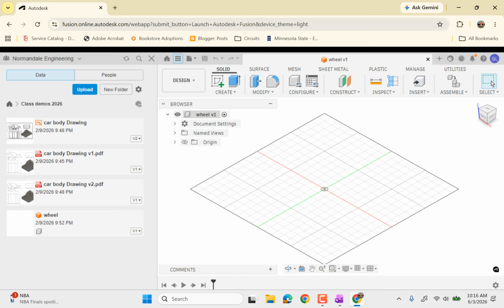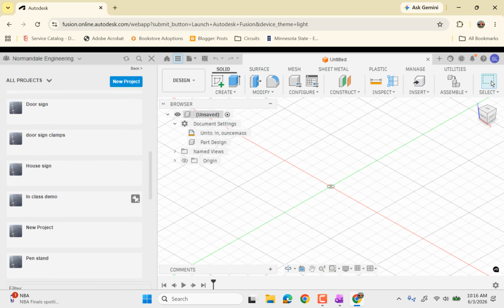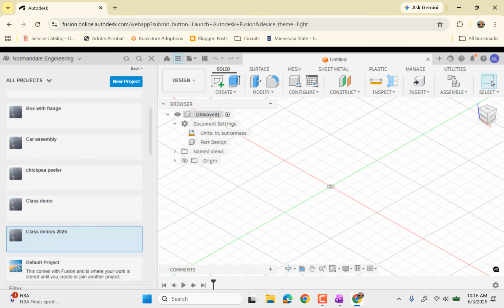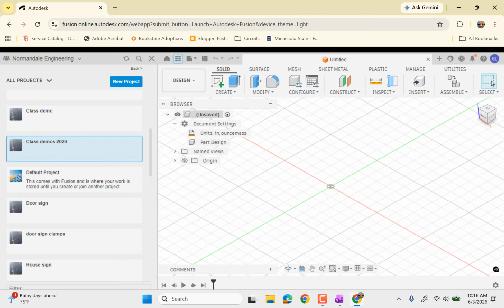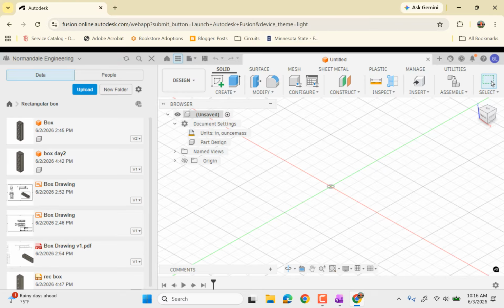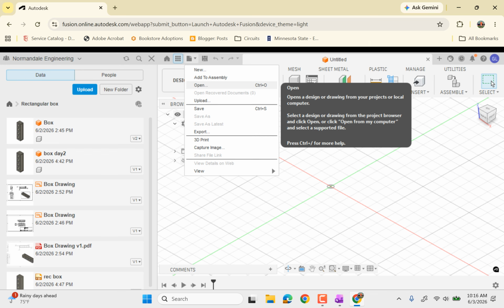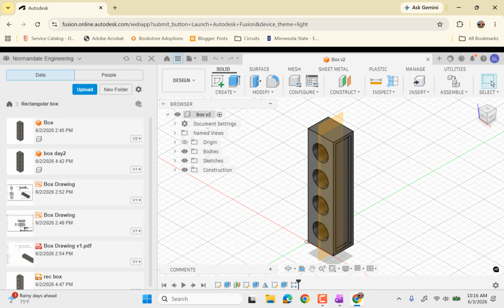I don't know. I'm having bad luck with parts. Let me find a more recent one. Let me go to the one we did for the last example. So this time I'll open Box. And there it is. So now I have this part, and it's in the cloud, but I want to get